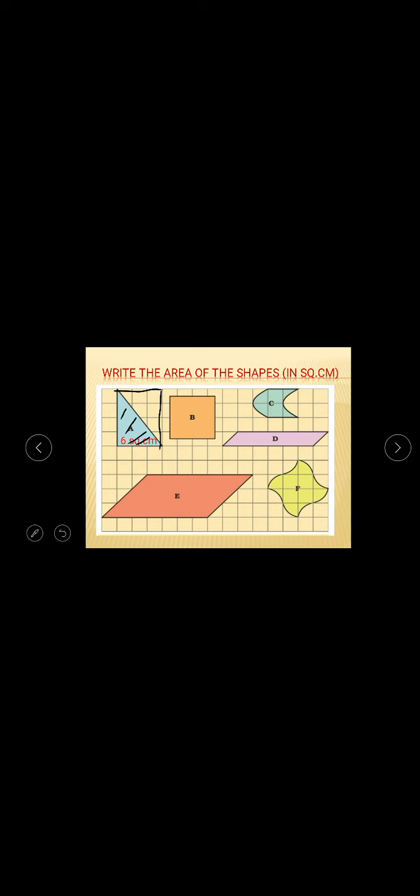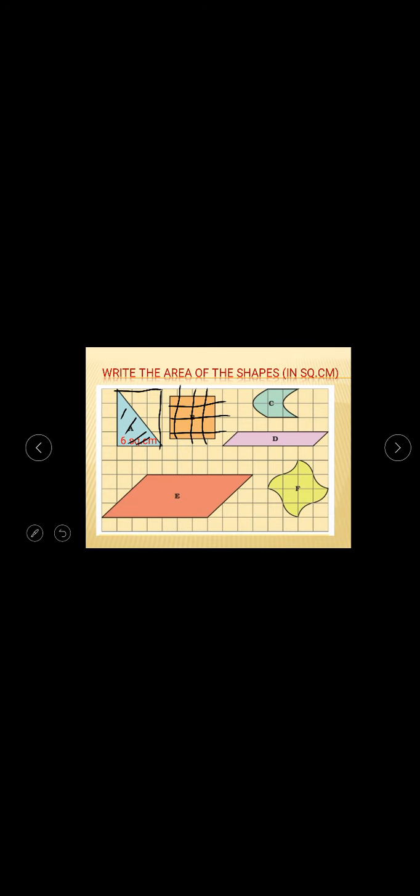Now shape B. Next shape is a square. Now it's not half part of any shape. So again here you have to use your mind. Simply what I will do, I will just join these lines that can be seen outside the boxes. If I join this line, I will get full number of square boxes, then half and then 1/4 part. These lines are not straight, properly drawn. You can use your scale.